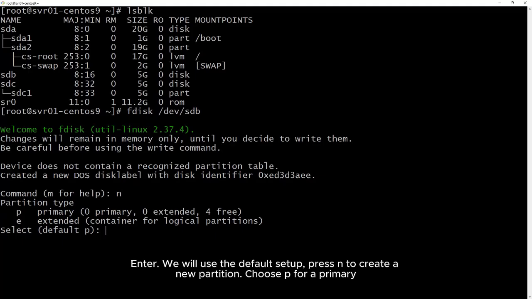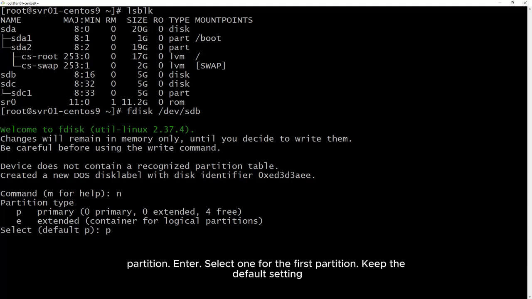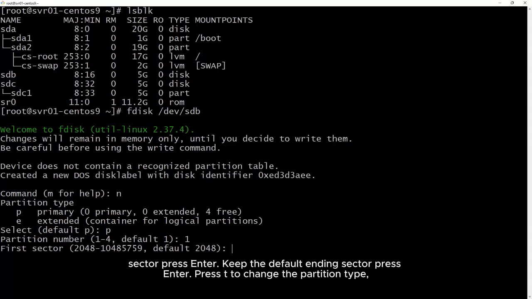Choose p for a primary partition. Enter. Select 1 for the first partition. Keep the default first sector, press Enter. Keep the default ending sector, press Enter.